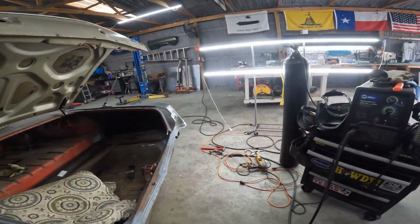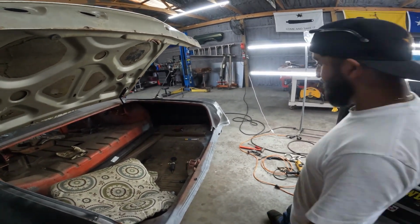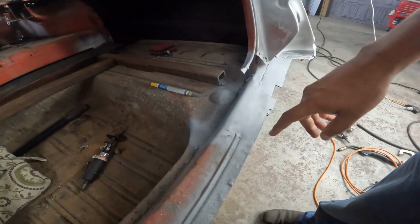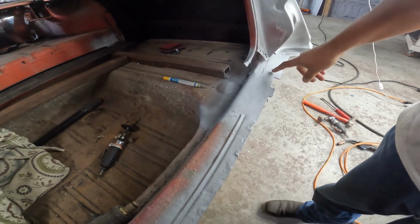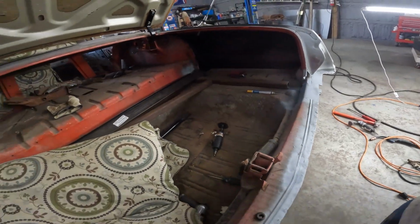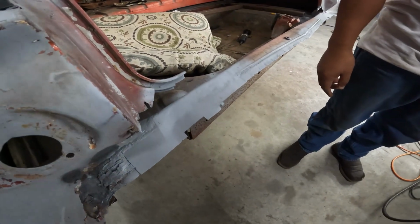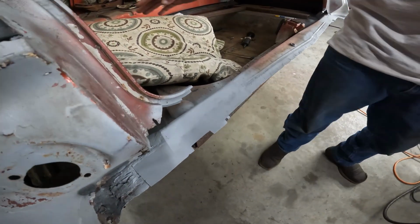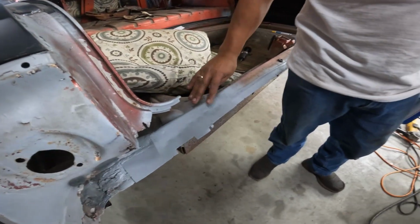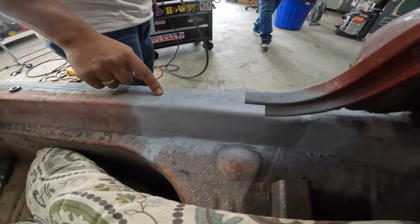So what'd you do, Bobby? Well, cut it off. I had to make these. Made that section. And then that's just that weld through primer stuff. I don't know if the floors, I think the floors is all one piece like that. It goes over. I'm not sure. But we made this piece out of scrap,